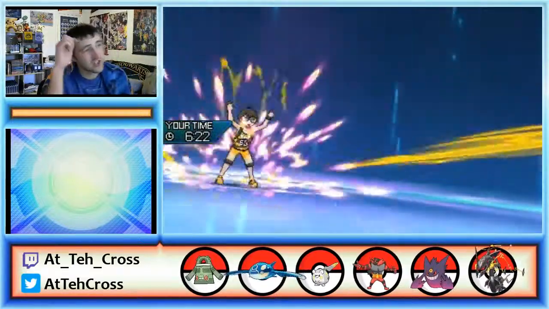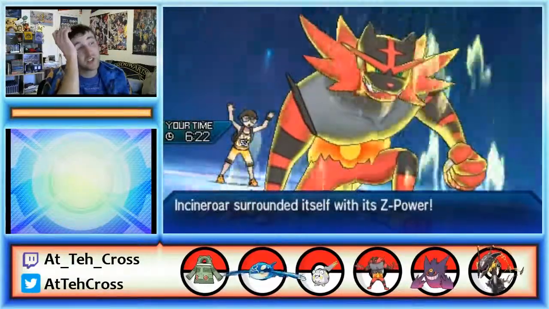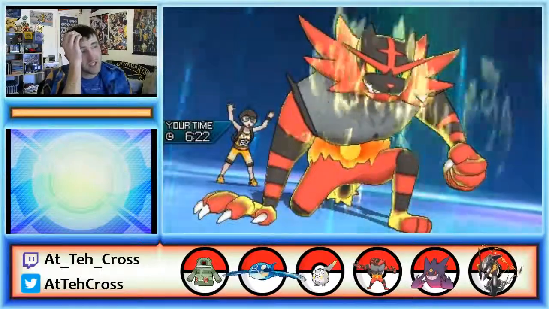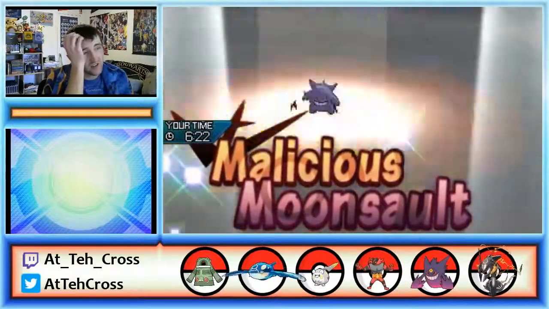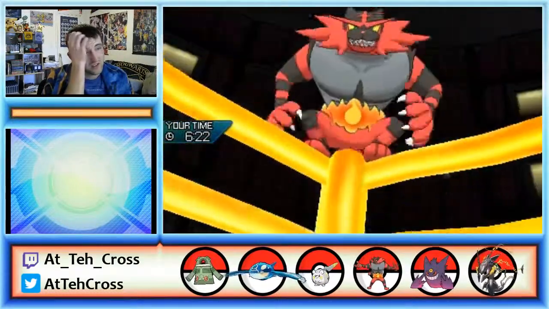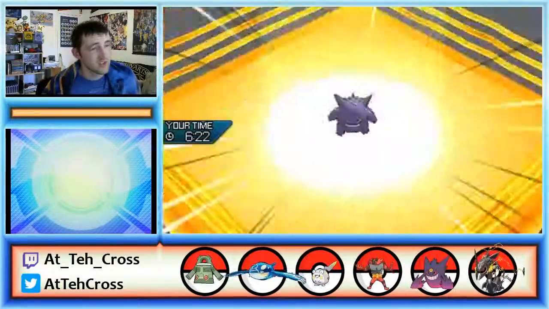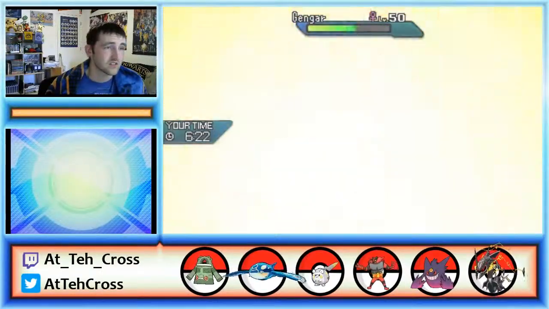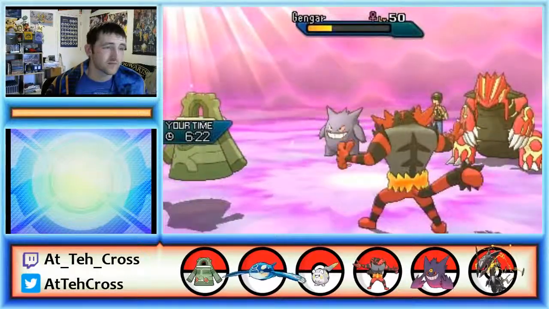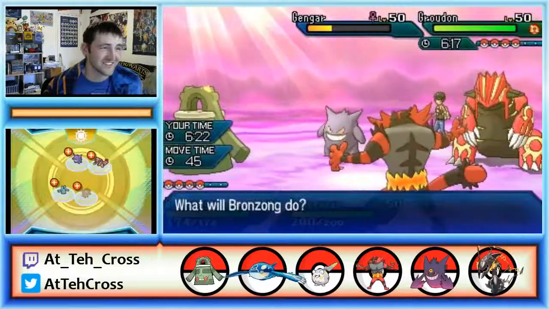The downside to switching into Ogre, though, is that I have to take a Psychic Blades potentially. I'm guessing he has to have Taunt in this Gengar. Like, he's so weak to Trick Room. Yeah, he's so weak to Trick Room. I feel like he has to have Taunt. Oh, that did so much damage. Okay, you just disabled my...